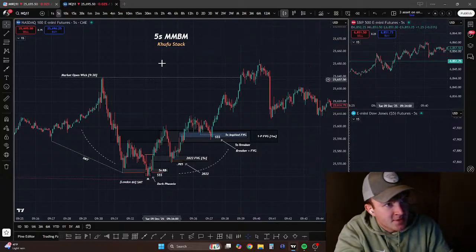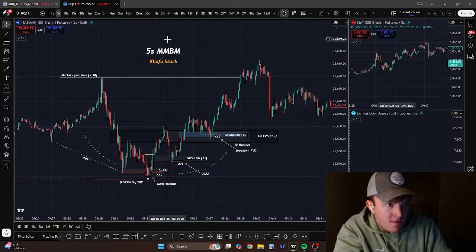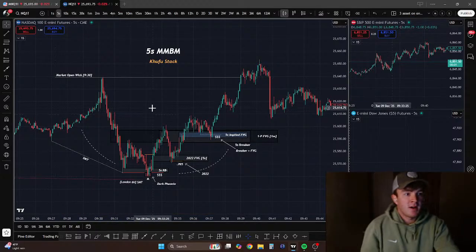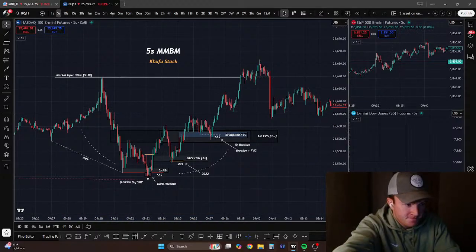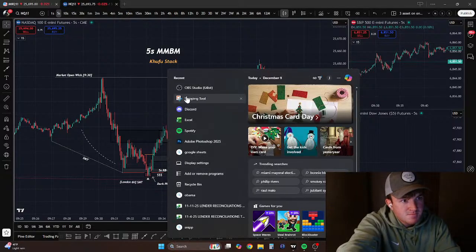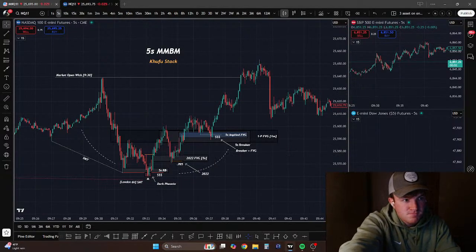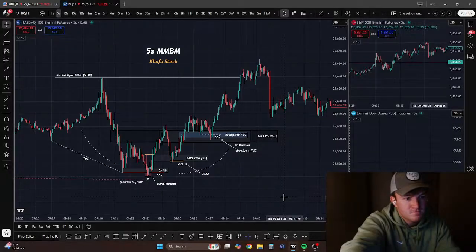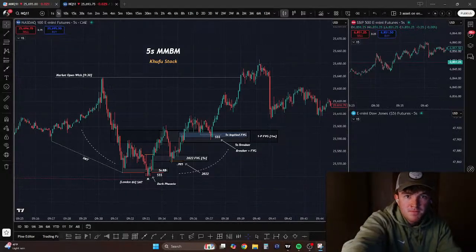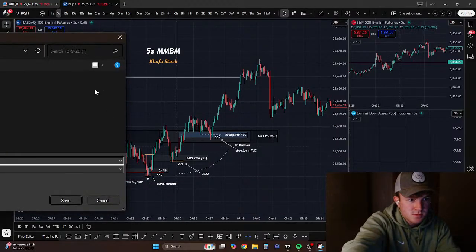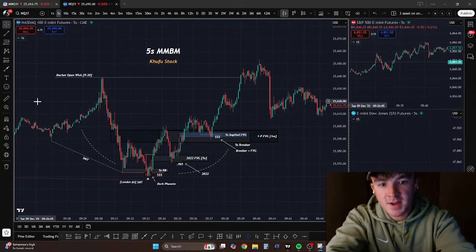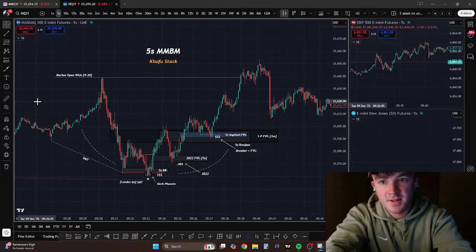And the nice thing is it fits in with CRT. And where does the market maker buy model terminate at? The market open wick. So I'm just gonna put 9:33 Khufu stack on the